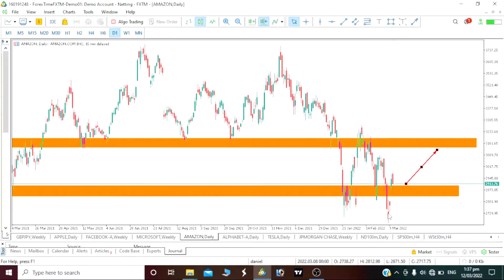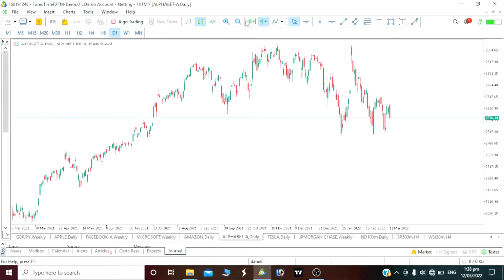Patience is the key. So basically, you can see that our price has come here, so it is actually pushing up. So if you want to take your buy position to this area, I'll advise you take it to your 3089 position, or you can also take it to your 3233. But I'll advise you take it to your 3089 position. You should be taking our buy on our Amazon for this week. This is exactly what we'll be aiming for.